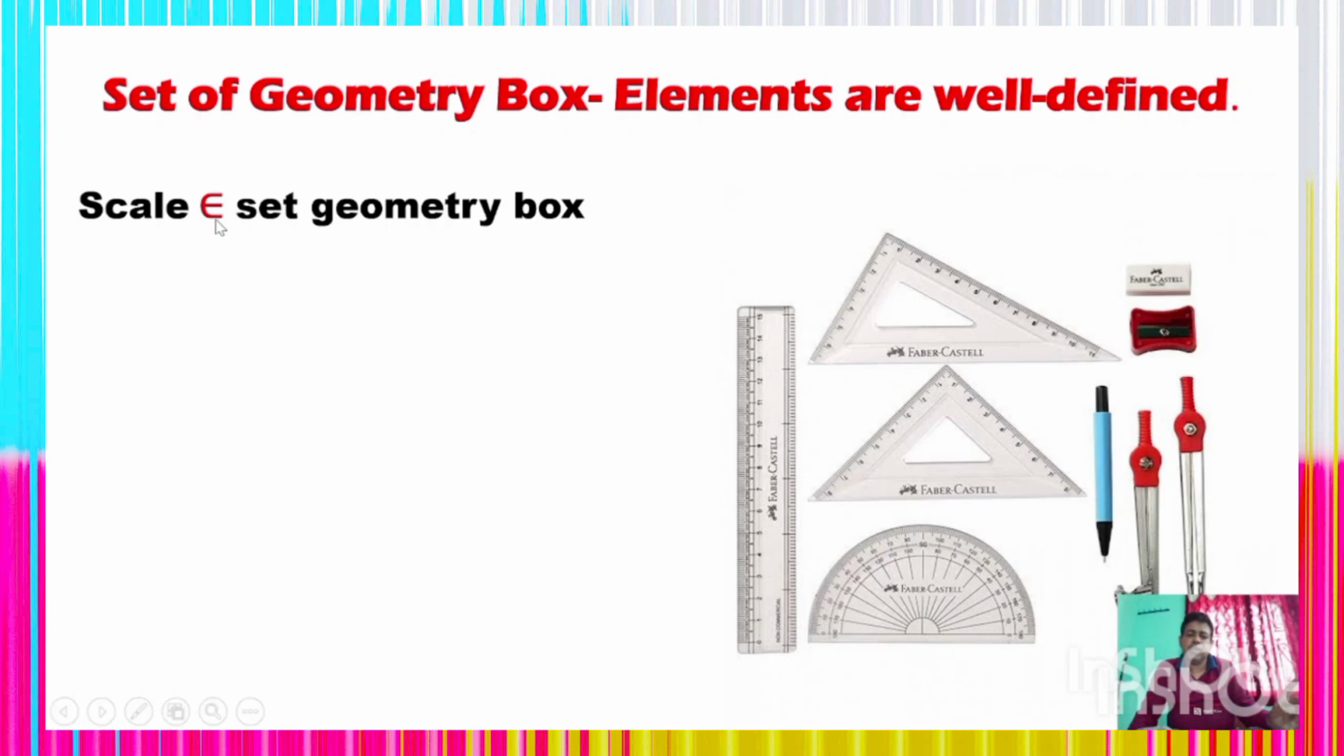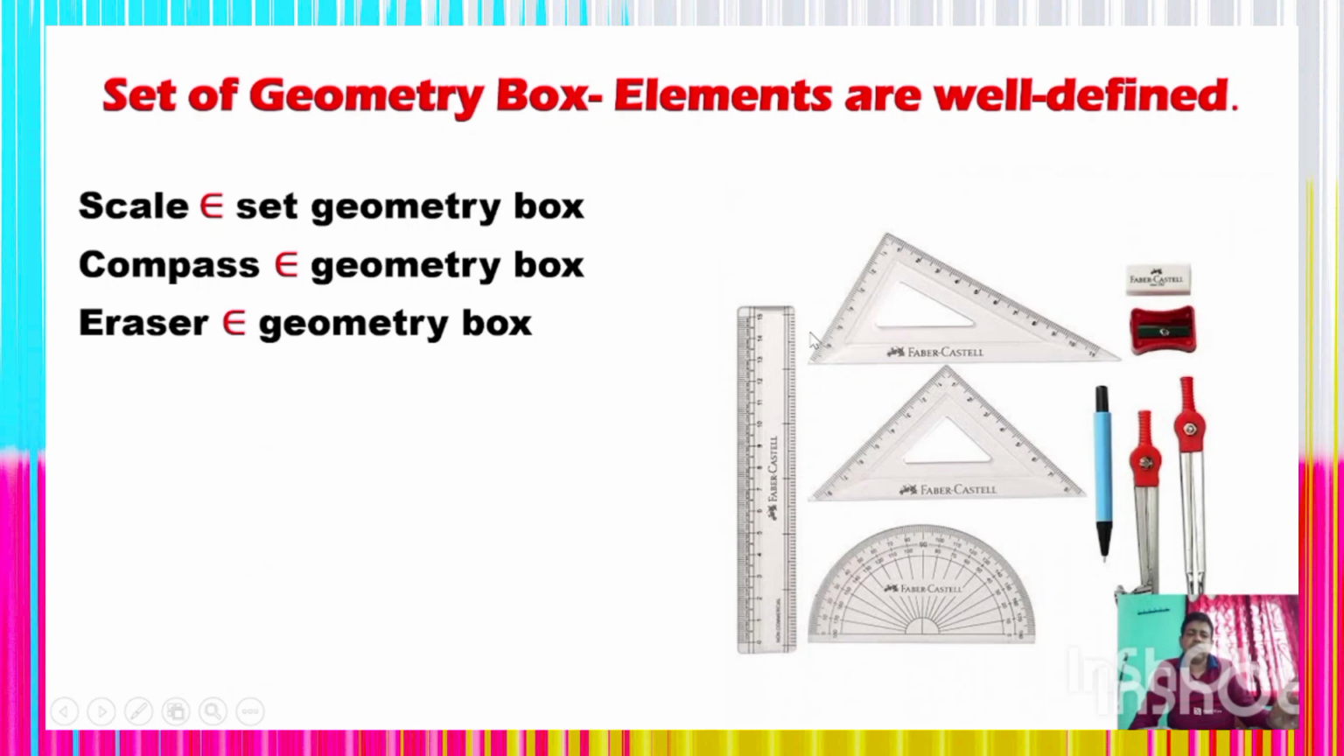Mathematical notation, set notation. Okay. Scale belongs to the set of geometry box. Compass belongs to the set of geometry box. Eraser belongs to the set of geometry box. But the spoon does not belong to geometry box because during geometrical construction and activity, the spoon is not